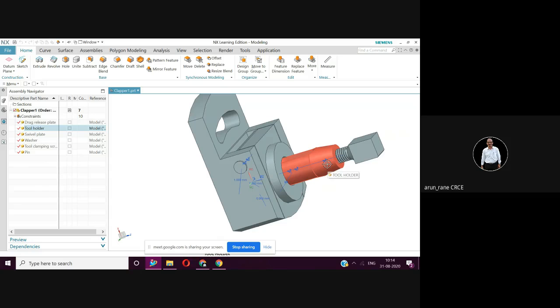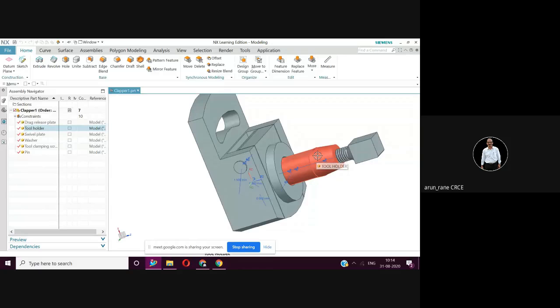Now you have to remember, when you add any component in an assembly, you have to position this tool holder appropriately. That is the first thing. And second, whatever assembly constraints you are applying, you should apply to the added component, the component which you are going to add. Don't apply constraints to the base component. This is my base component in which I am adding the tool holder. So you will apply constraints to the tool holder, and you will move this component appropriately. That is step number two.